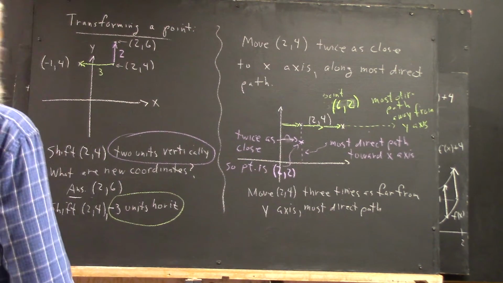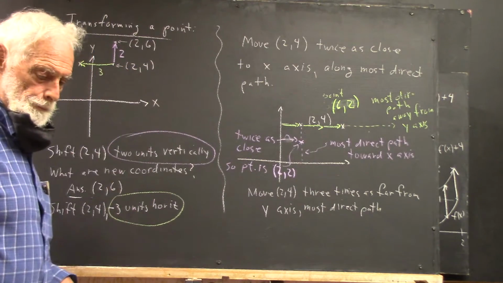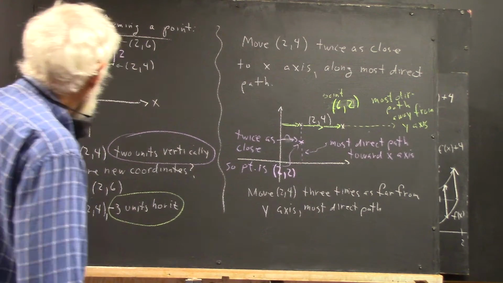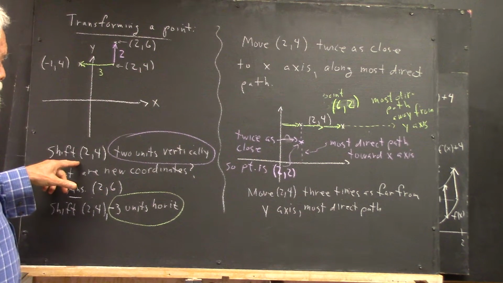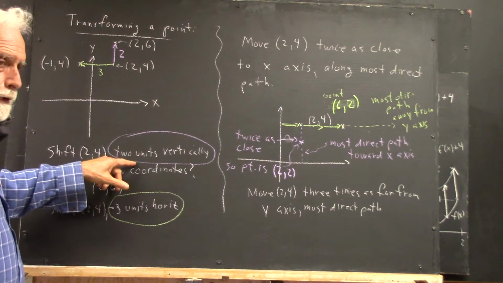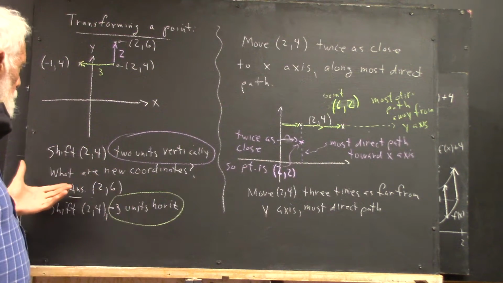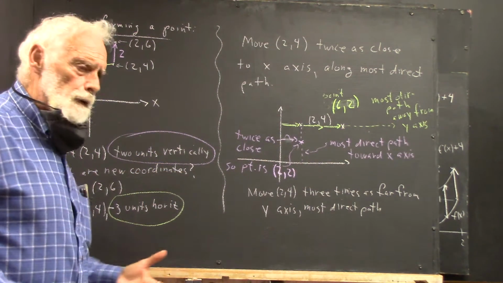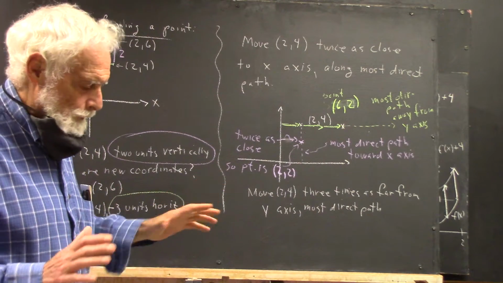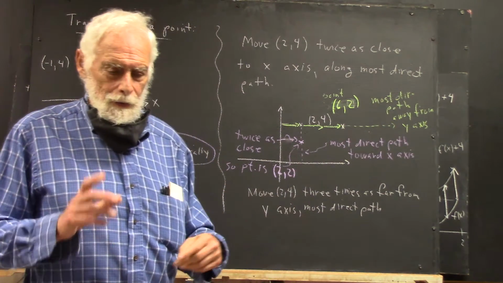Okay, we want to talk about transforming a point. Now, the point (2, 4): if we shift the point (2, 4) 2 units vertically, what are the coordinates of the new point? Well, first of all, and I understand this, I was kind of late getting the idea of horizontal and